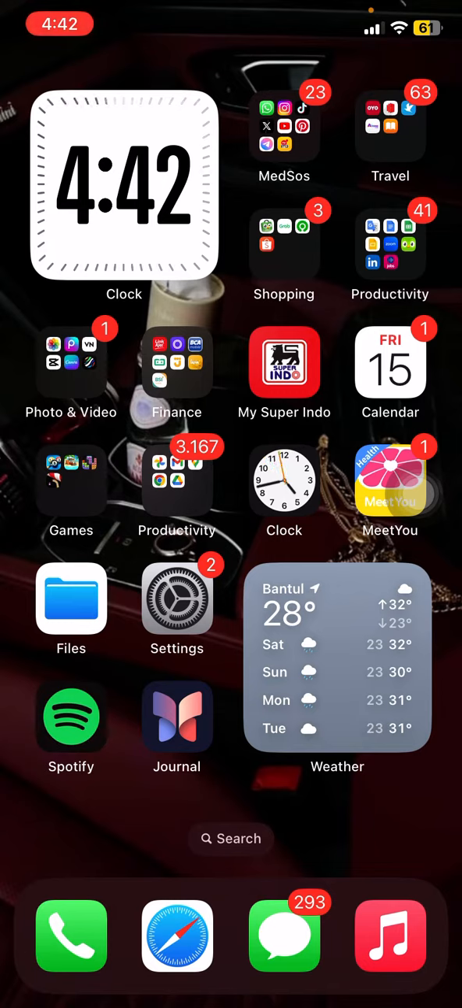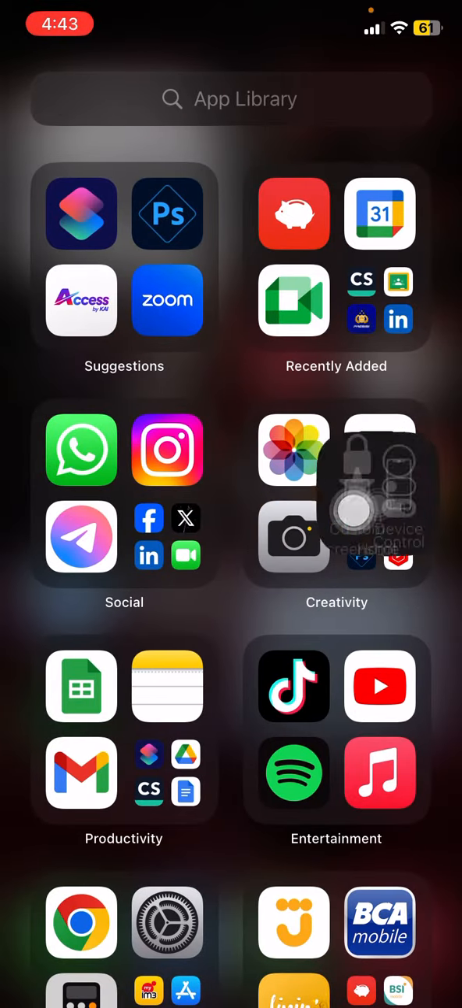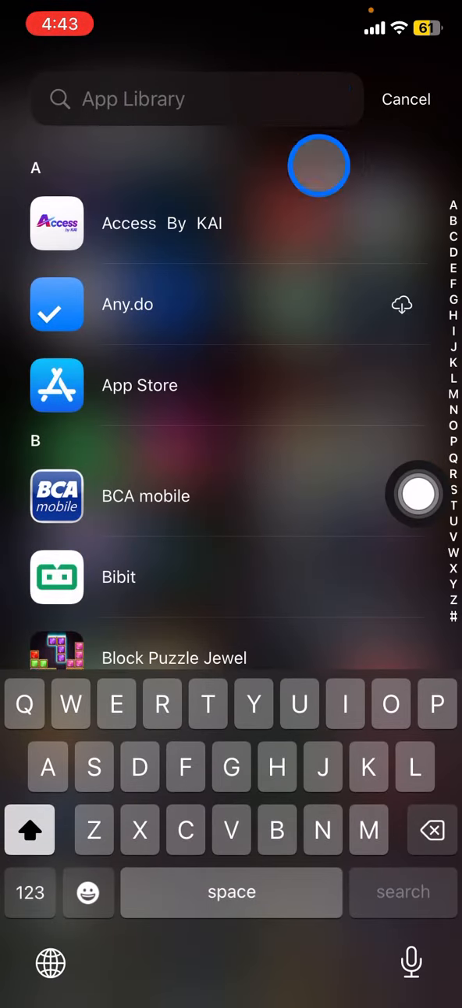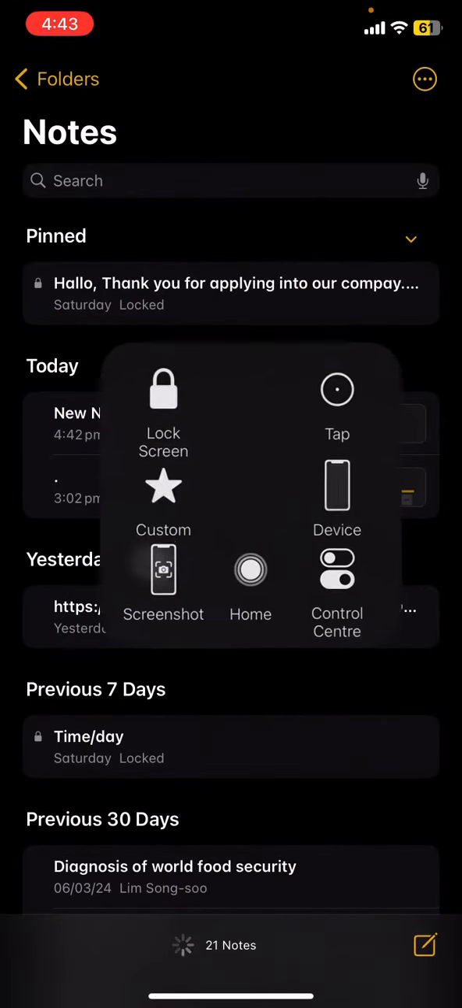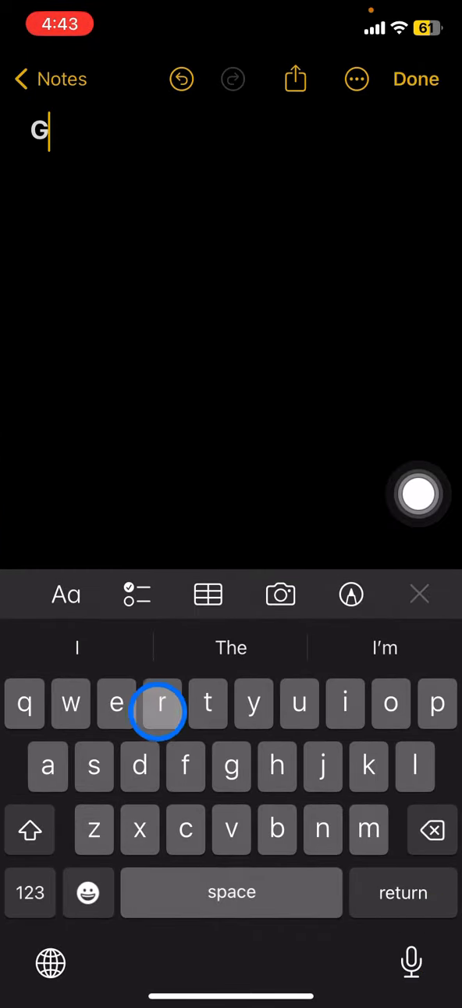So to do that, we just need to open Apple Notes. You just need to open the app library and simply click Notes. And right after that, you just need to create a new note. Right after that, you just need to type groceries